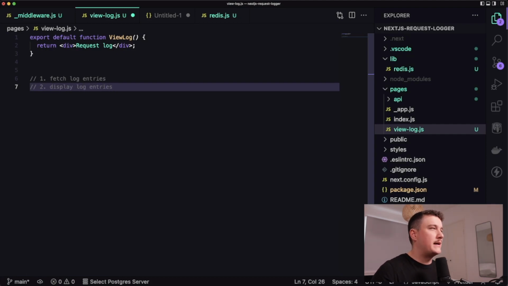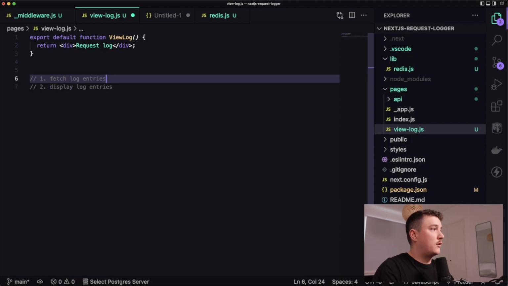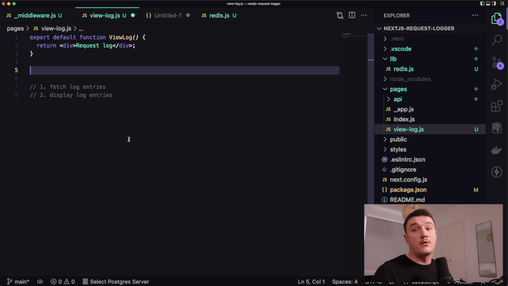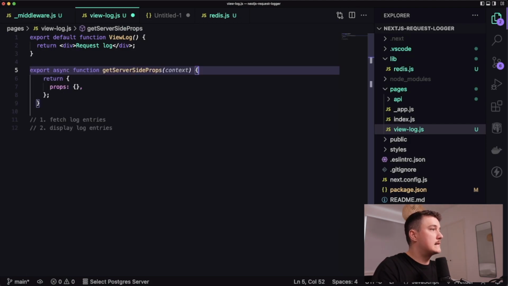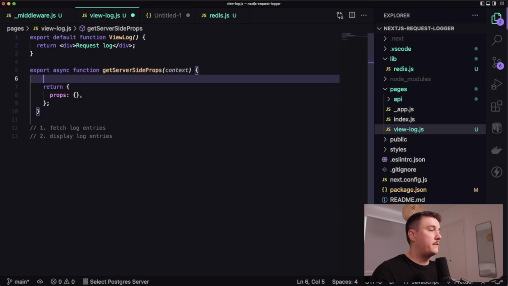So I think we won't do any fancy UI stuff over here, and we will just display the plain JSON from the database inside of this page just to demonstrate how it works. First, we want to fetch the log entries, and since there are new log entries coming to the database all the time and we want to display them in real time, let's use server-side rendering for this. So we will use the getServerSideProps function for that, like this,